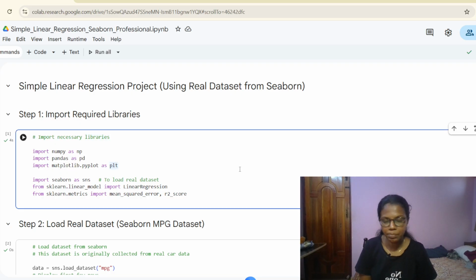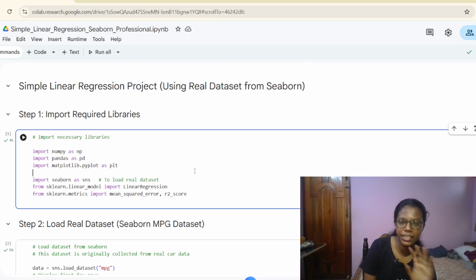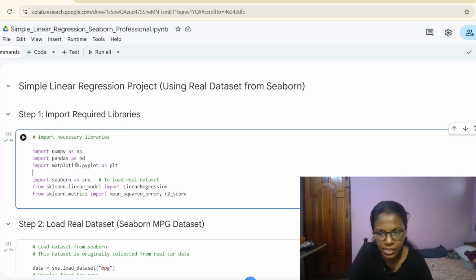The first important step that you are going to do when it comes to linear regression projects is importing the important libraries. For the dataset that I'm going to work with, I need these libraries: NumPy, Pandas, Matplotlib, Seaborn, LinearRegression, mean squared error, and R2 score. So here,